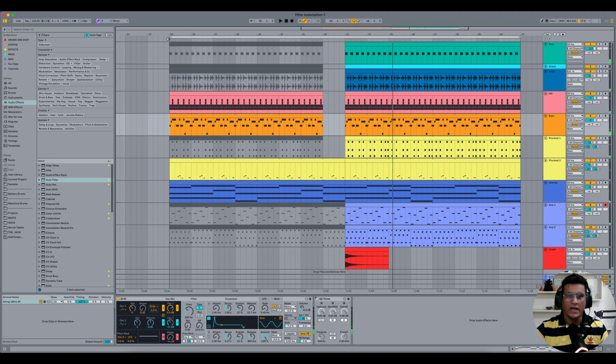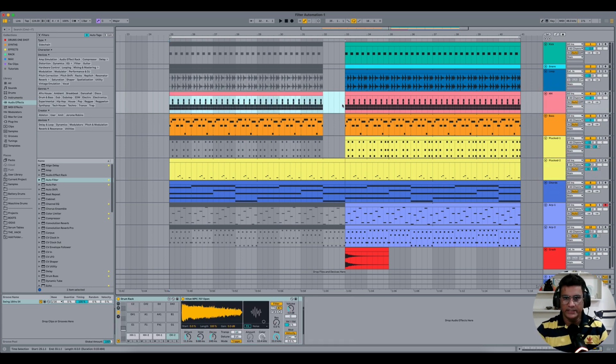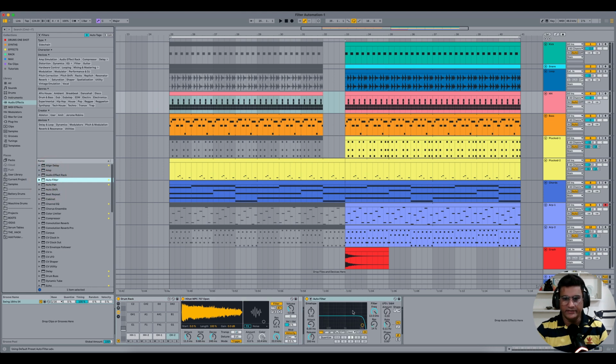You get the idea. So I want to add a low pass filter on the hi-hat track and the plug 2 track, in this section where there are no beats. So first I'm going to click on the hi-hats track and get the auto filter device in the track,